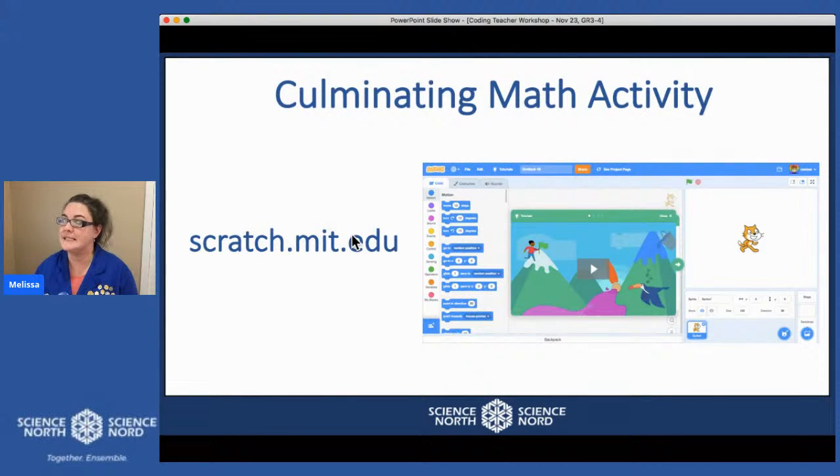So next day, we're going to go over the culminating math activity. We're going to be using a free web-based program called Scratch. It uses a block-based coding language that we're going to be able to use to code gears. So we're going to take the rules that we have found in this first inquiry-based activity, and apply them in Scratch and make sure that the gear trains that we're going to program are following